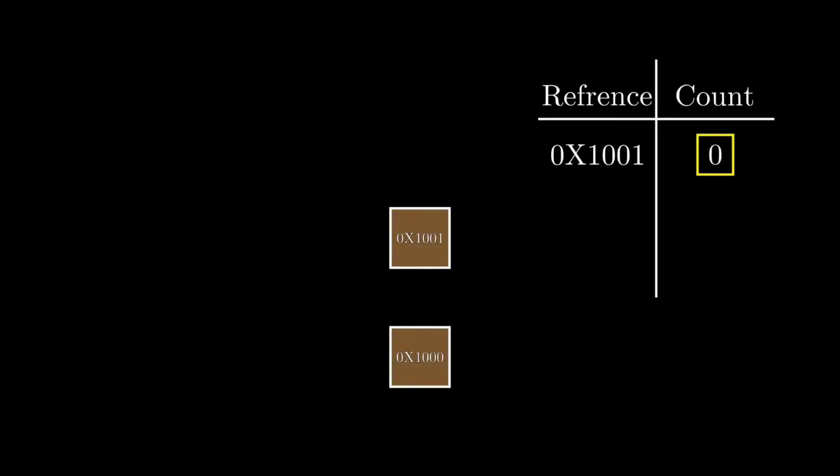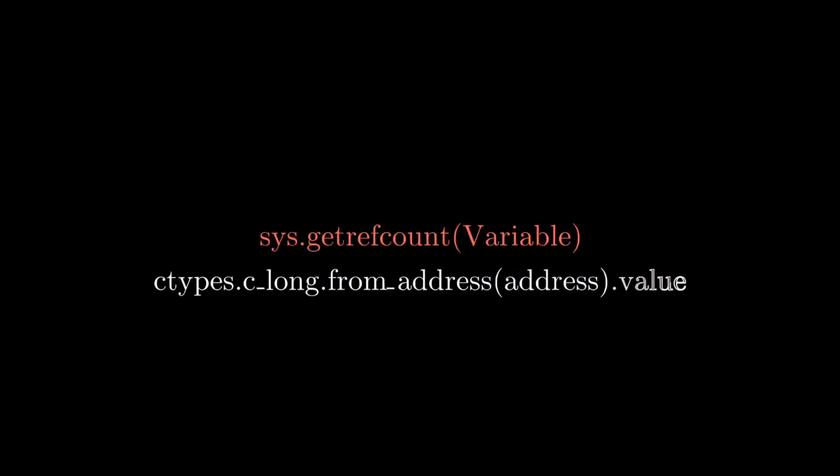This is done by the Python manager, so we do not need to care about it. It is just for knowledge of what is going on behind the scenes. We can find the reference count with the sys module's getrefcount function. It gives one more extra reference count. If you do not want that, you can use the ctypes module, which takes a memory address as an input and gets the actual reference count. Let's see it all in action.